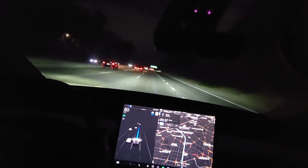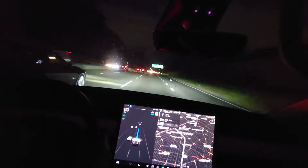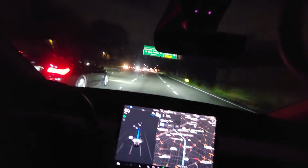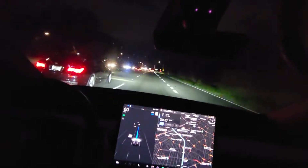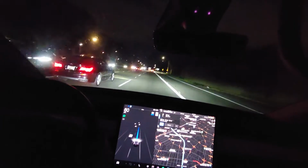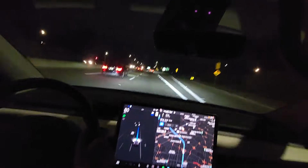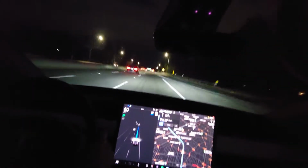So I think that's what's going on with that. I don't know if they corrected it. I'm assuming they did, but I don't know. Anytime I see cars with flashing lights, I'm extra careful, just because I don't want to risk the car randomly doing things. But either way, you always want to be paying attention and be careful when you're using